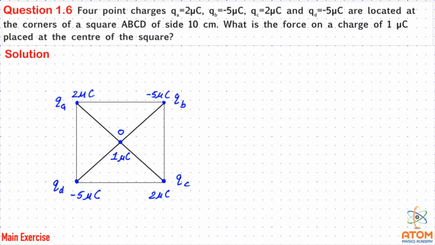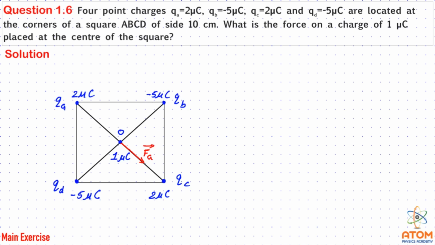So in this case, let us see what will happen, what about the forces on this 1 microcoulomb charge. Now if you consider this 2 microcoulomb, then this is 1 microcoulomb and this is 2 microcoulomb, both are positive. So obviously 1 microcoulomb will have a repulsive force in this direction. Let me draw that. Here is the force. Let us say it is the force due to charge A, QA, that means I will name it FA. Let me name it like F small a.